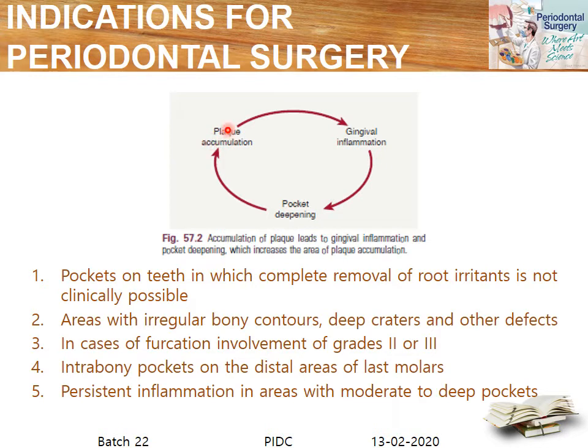Whenever there is plaque accumulation occurring, this cycle is broken from going to the gingival inflammation by the patient doing his own oral hygiene measures. But even at this portion, if it is not done, then it goes to gingival inflammation. Again, the cycle from gingival inflammation to pocket deepening can be broken if phase 1 therapy is carried out at the correct time. And even if this procedure does not take place, then the pocket deepens and it goes on to the vicious cycle. And to make it a point, a periodontitis patient remains a periodontitis patient for their lifetime. He doesn't revert back to gingivitis or a gingival condition.